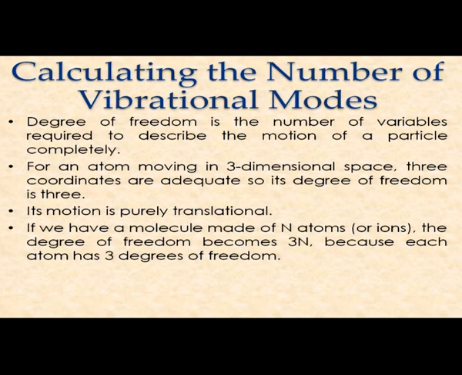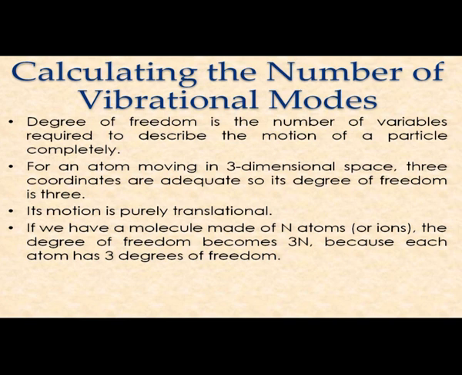You can imagine a Cartesian coordinate system which has x, y and z direction. If an entity is placed in that Cartesian coordinate system and that entity moves from its initial position to some other position, the movement of that entity can be described using the 3 coordinates x, y, z. So, degrees of freedom for that entity is 3. For an atom moving in 3-dimensional space, its motion is purely